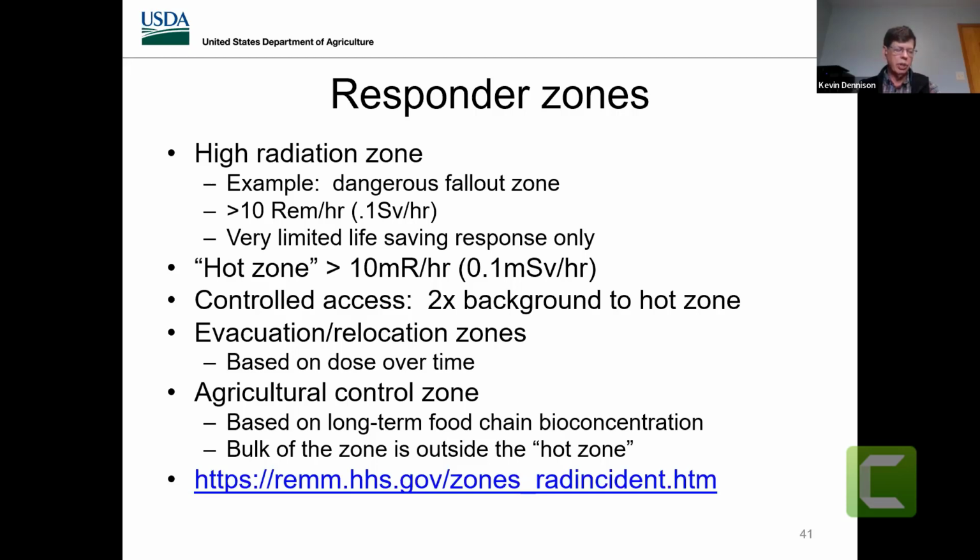And that's really a zone where nobody goes unless there is an absolute critical life-saving need there that can be done in a very short period of time,